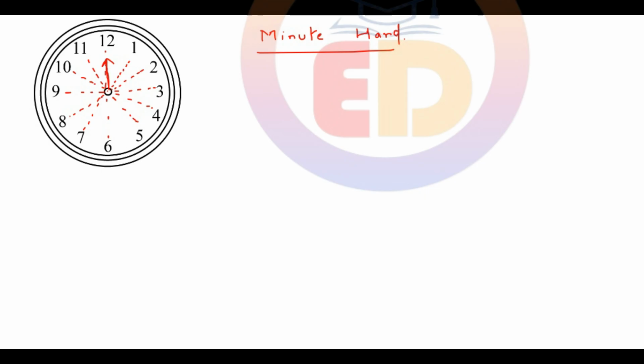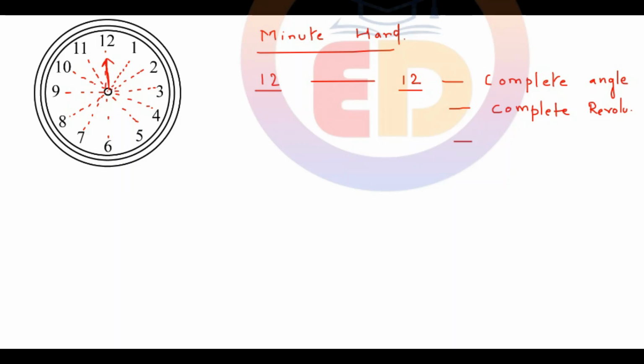So it will start from 12 and it will come back at 12. When it will start from 12 and it will come back to 12, it will make a complete angle, and it will make a complete revolution. जब वो 12 पर start होगी और 12 पर end होगी तो वो एक complete revolution करेगी। कंप्लीट रेवोल्यूशन मीन्स वो 360 डिग्री का एंगल कवर करेगी।